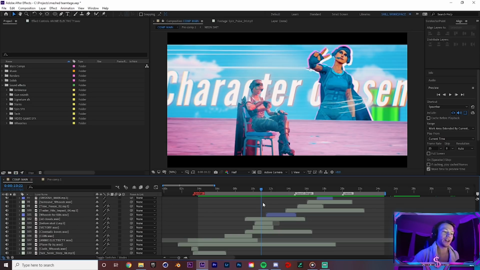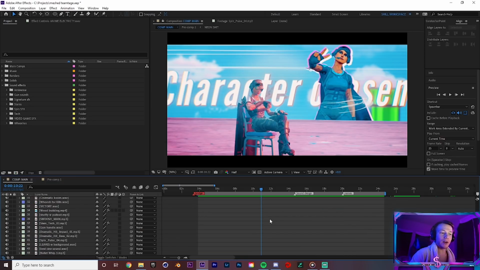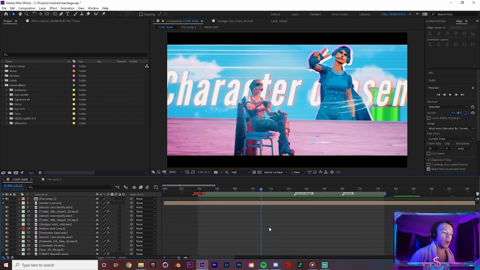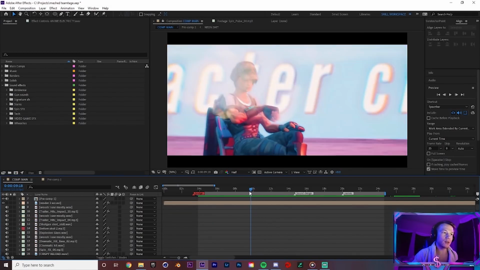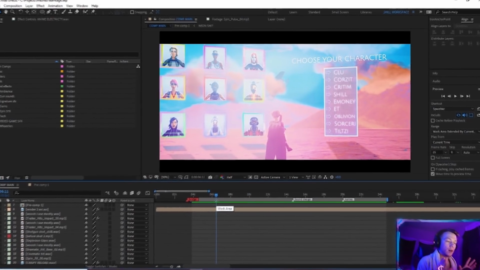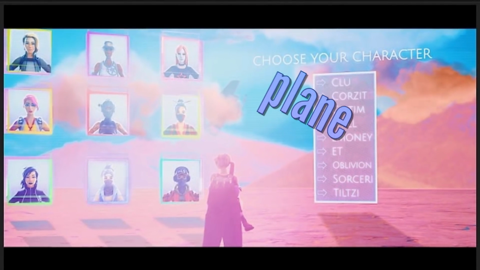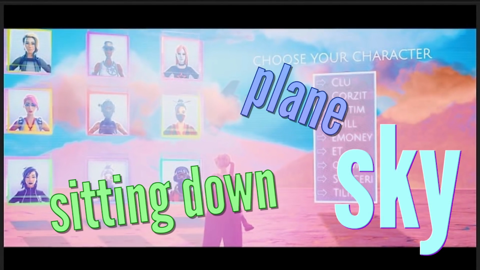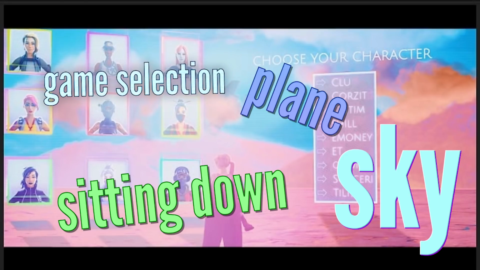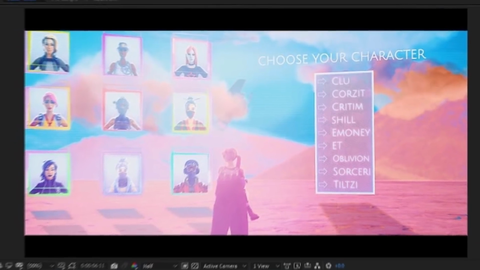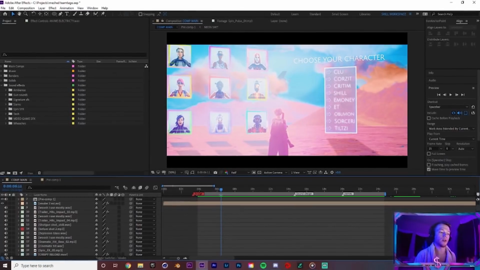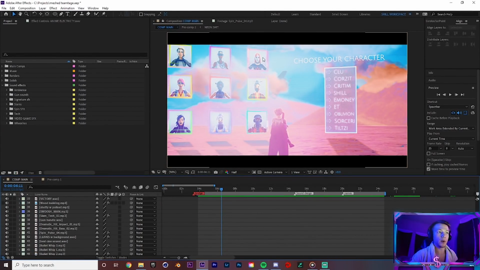So those are the main categories, and once you know that, it's just a matter of implementing them so that it makes your edit as good as possible. Now the way I go about thinking about this is, okay, I have this little scene here. Let me put myself in this environment and think of all the possible sounds that I might hear, and then the more that you can push that and layer that, the more it's going to immerse your viewer into your environment. Now we have the video game theme, so I would want some sort of electricity or hologram